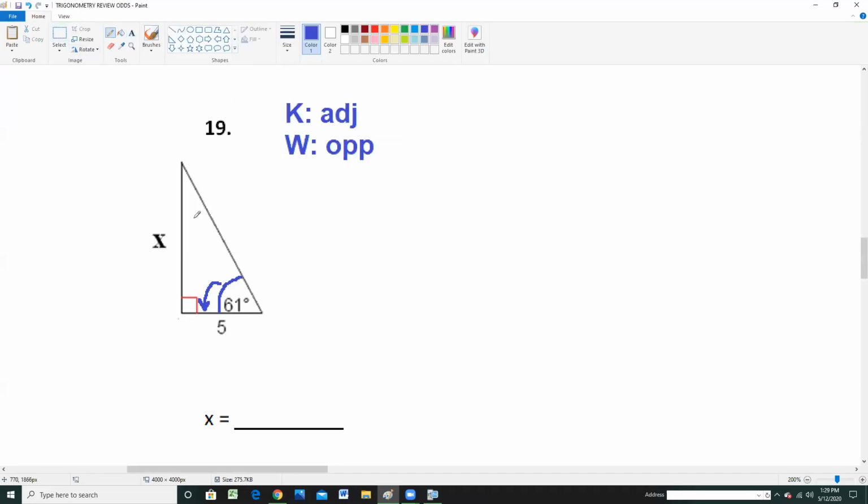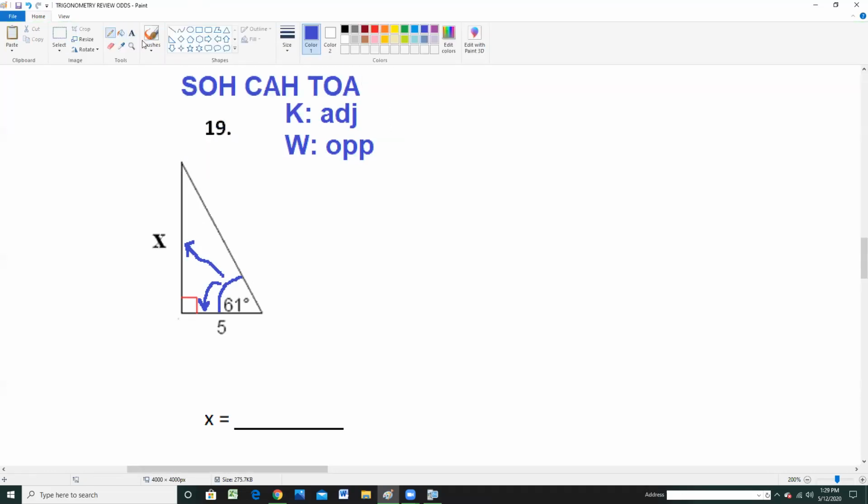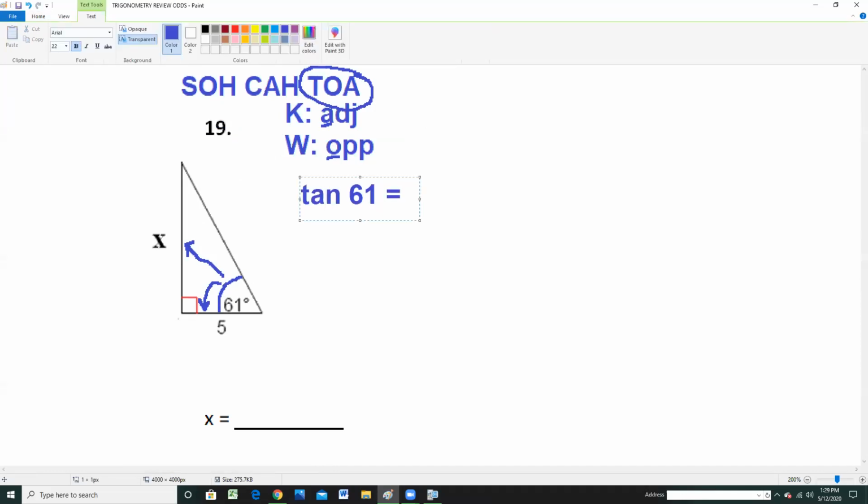That's the opposite. And according to our cheesy phrase, this is going to be another tangent. If we want O and A, we're going to choose tangent. So tangent of 61 equals,